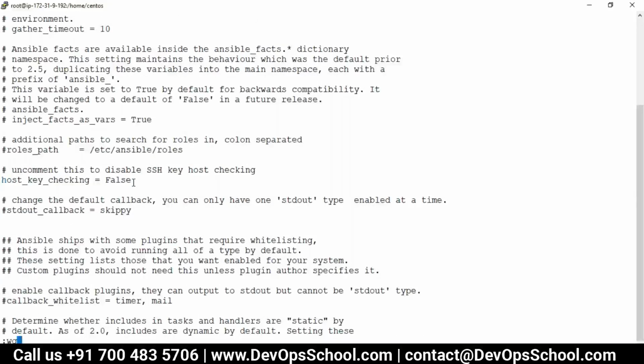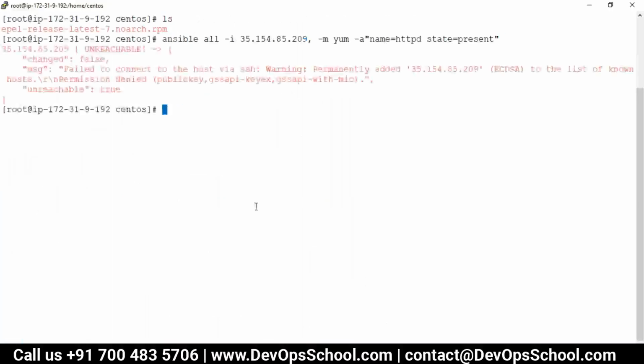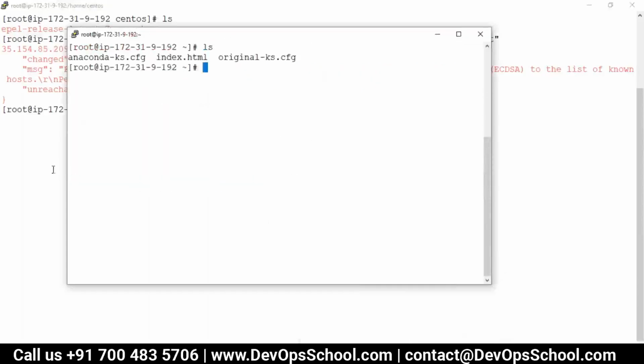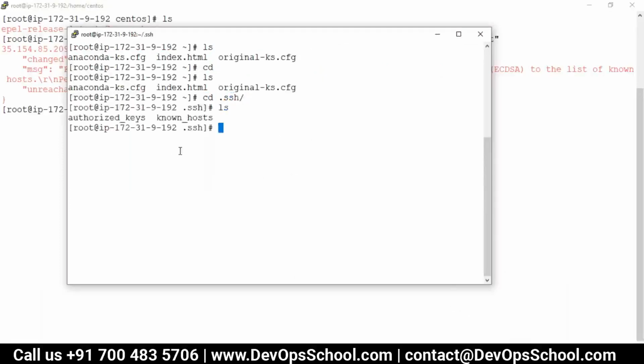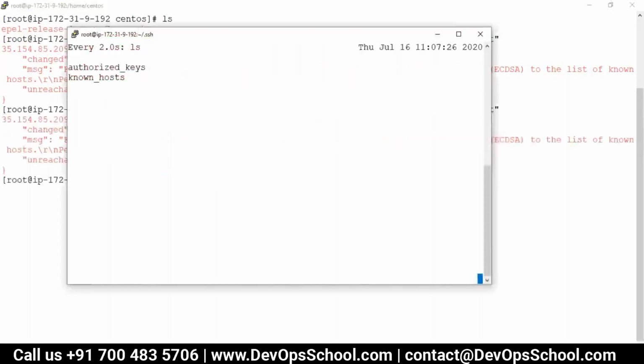I did disable it. Now onwards, it will not ask you that prompt, because that will be created automatically. And you see here, it got created automatically. Let me show you here. See the known hosts, I will delete this known hosts file. Watch, ls, it's there. I run it. It didn't ask me, but this file got created. So did you see that?